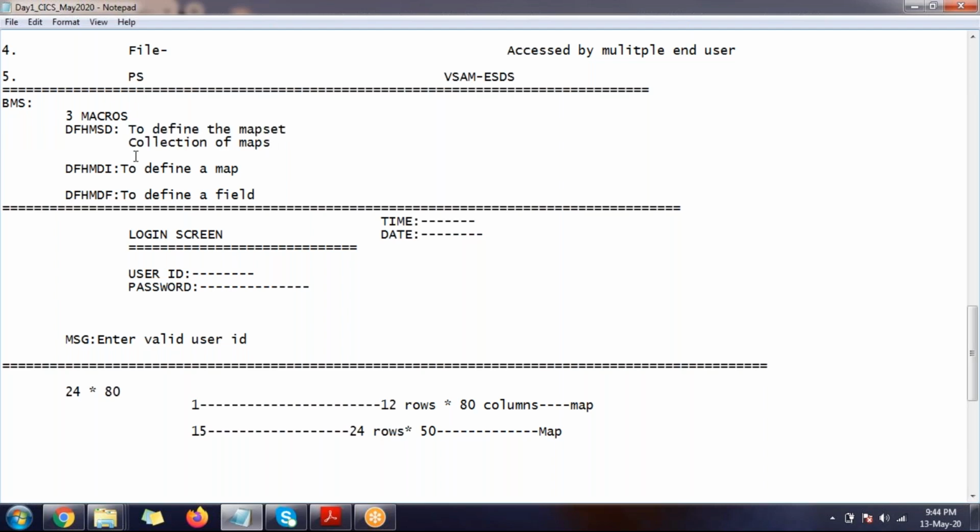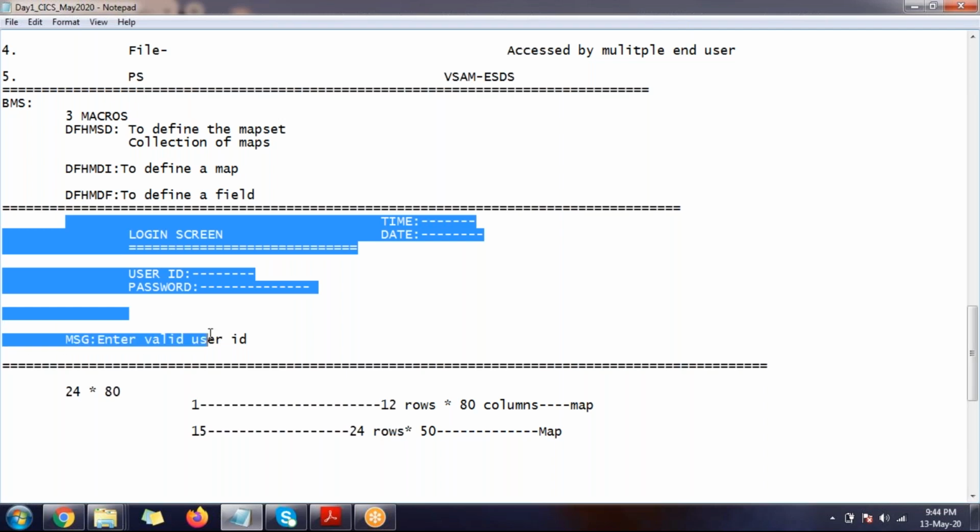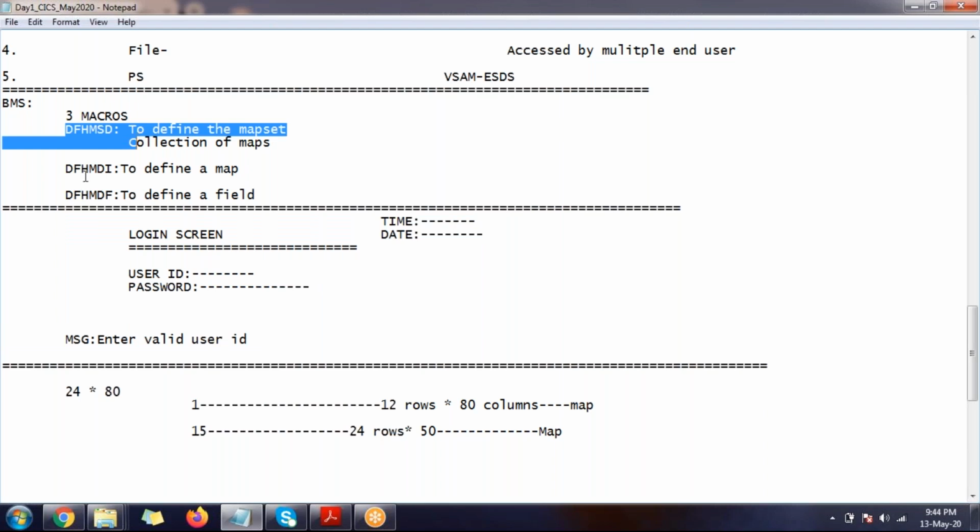Same way, to specify the overall options for this 24 rows, 80 columns or 12 rows, 80 columns, irrespective of how many rows you are using, DFHMSD is required. Then similarly, DFHMDI and DFHMDF.